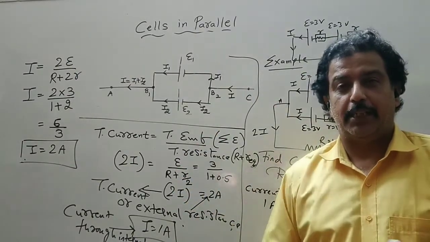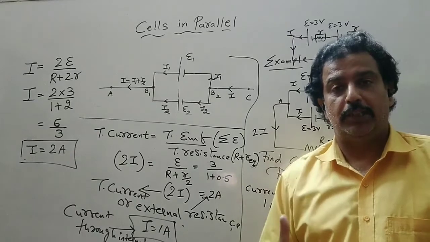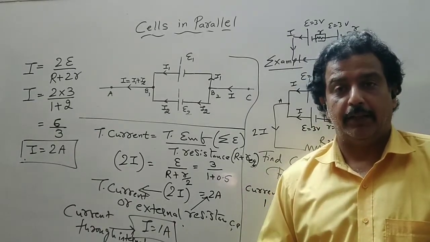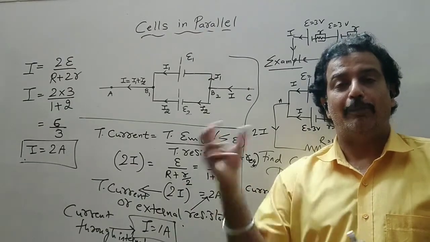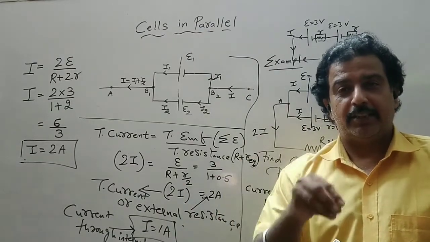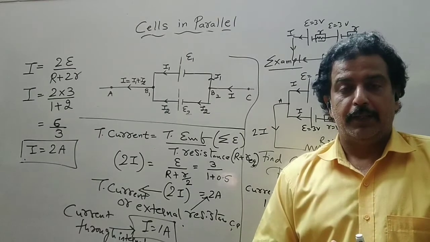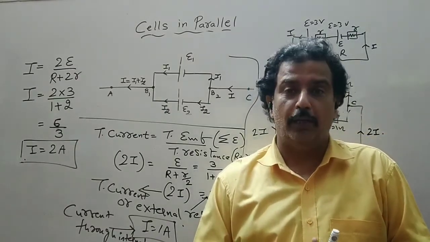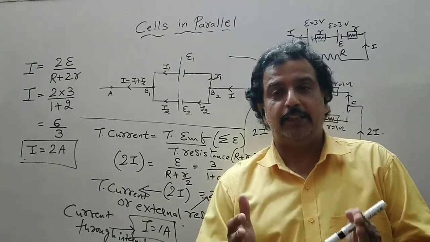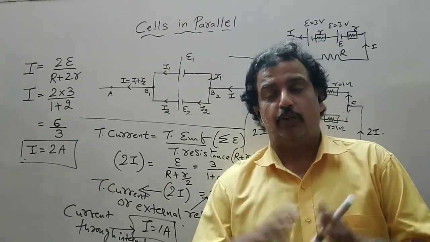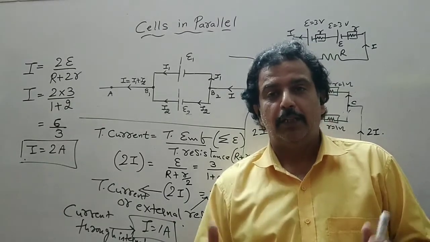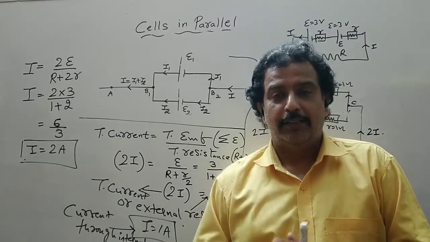Those are simple circuits. Now there is a situation where the cells are connected in a complicated manner. If the cells are connected in a complicated manner with the resistors in complicated ways, and we don't understand whether they are a series combination or a parallel combination, then it is very easy to find out the current or potential difference in the circuit across any point with the help of Kirchhoff's law, that we will see